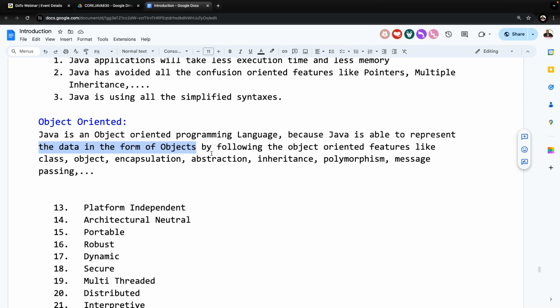Of course C is not object oriented, we can confirm it. The language provider is also saying that it is a procedure oriented programming language, not an object oriented one. Up to that point we can conclude, but the Java documentation doesn't specify that Java is purely object oriented. The C++ documentation doesn't specify that C++ is partially object oriented. Sir, all of you get my point or not? Language providers have not confirmed these points, but this is the general discussion going on outside. The relevant answer I'm telling you here.